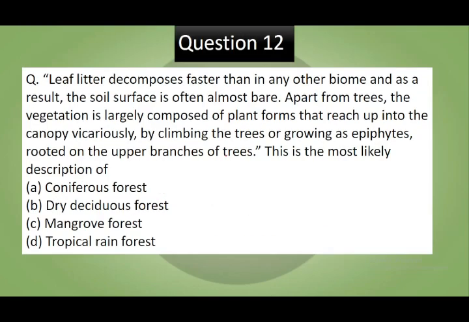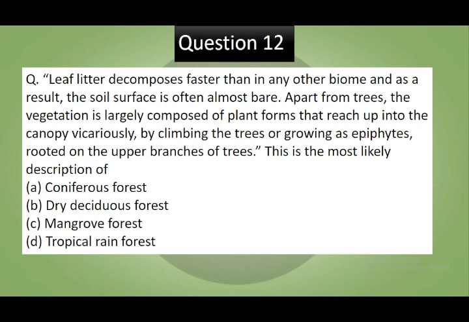Now, we will come to our today's last question. Question number 12. Leaf litter decomposes faster than in any other biome, and as a result, the soil surface is often almost bare. Apart from trees, the vegetation is largely composed of plant forms that reach up into the canopy vicariously